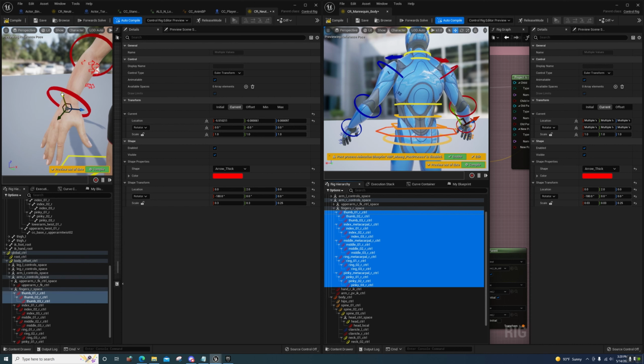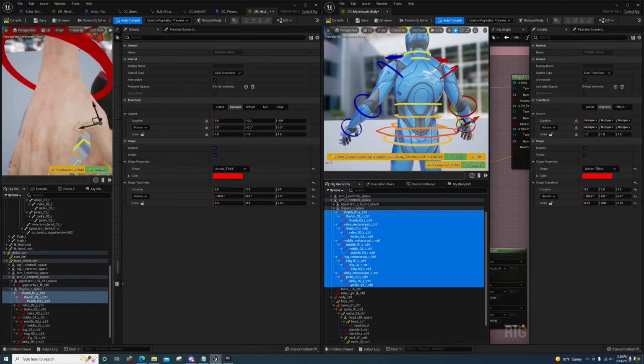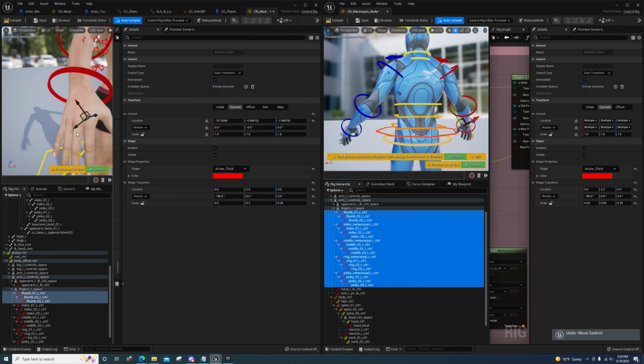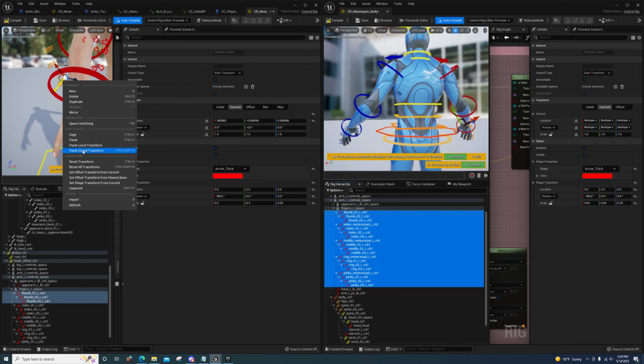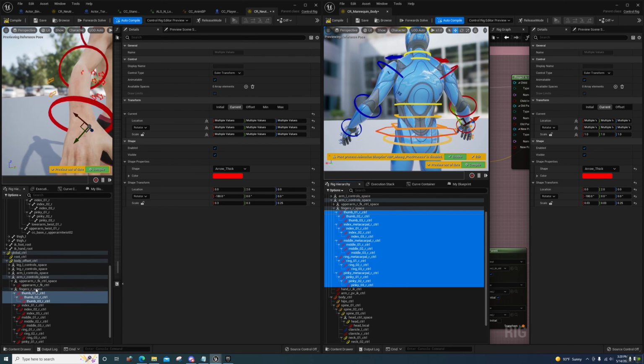Everything seems to be scaled real weird. Yeah, okay, whatever. We're just, I guess, going to have to do these one by one, unfortunately. I don't know why we would have to do these one by one, but